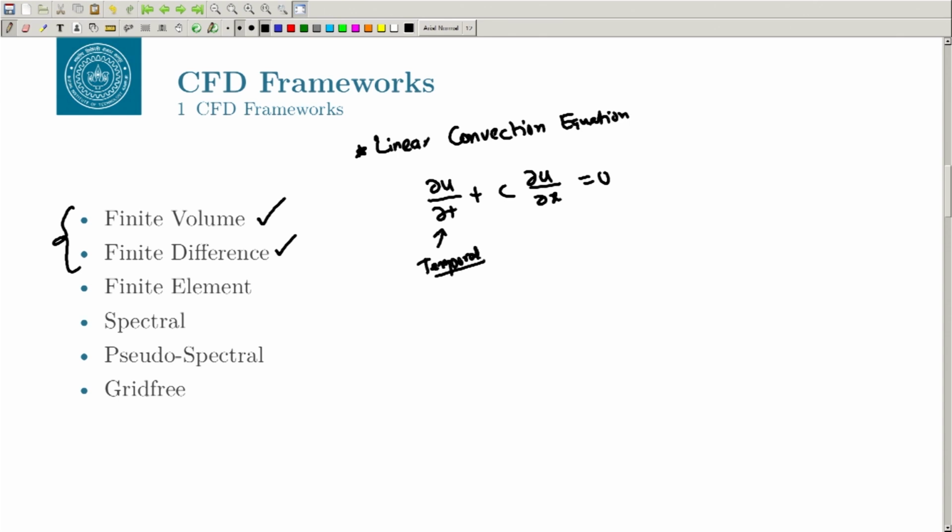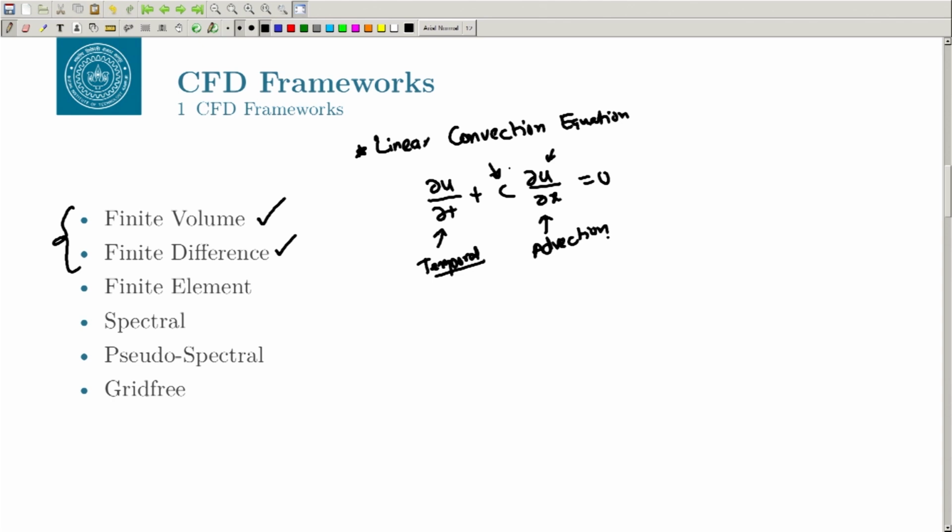Okay, this time dependent term basically represents the rate of change, and then you will have something which depends on the flux, or the convection, or a better term is advection. So, how are certain quantities getting advected, and at what speed? In this case, the quantity u is getting advected at a speed of c,